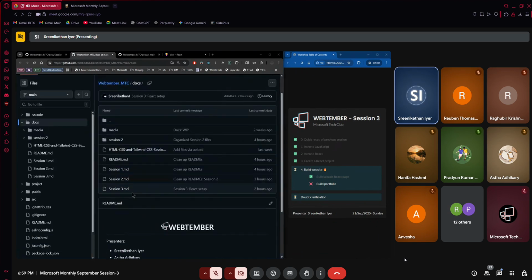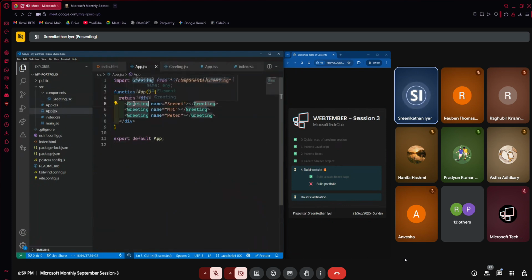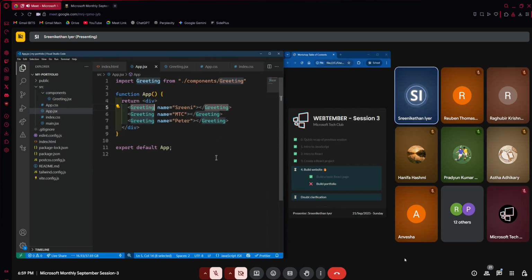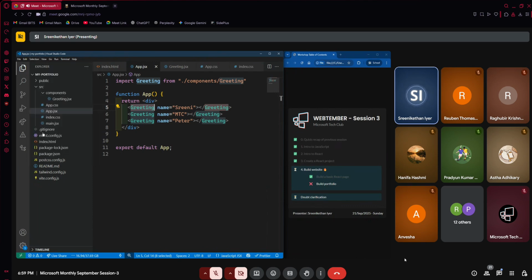For now, there is a really useful shortcut called Control D, and that basically creates multiple cursors in the VS Code editor. Let's say I want to select all the places where the word greeting is appearing. If you go to the selection menu, this selection menu has a lot of cool commands. You can always check them out. This is the command that we're going to execute. It's called add next occurrence. Whenever I press the Control D,